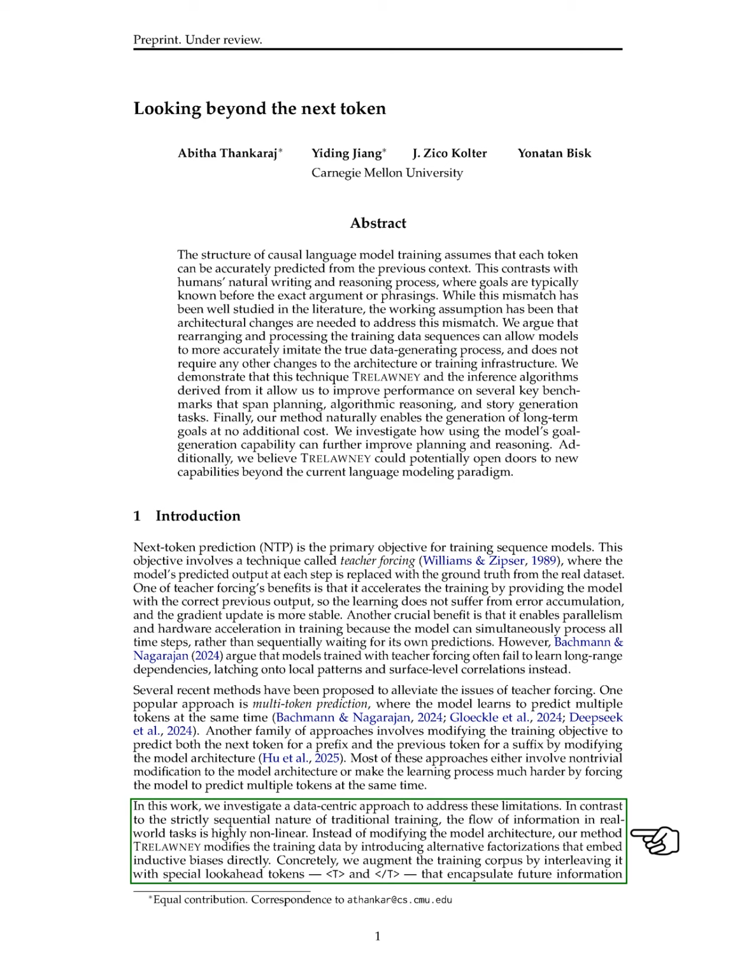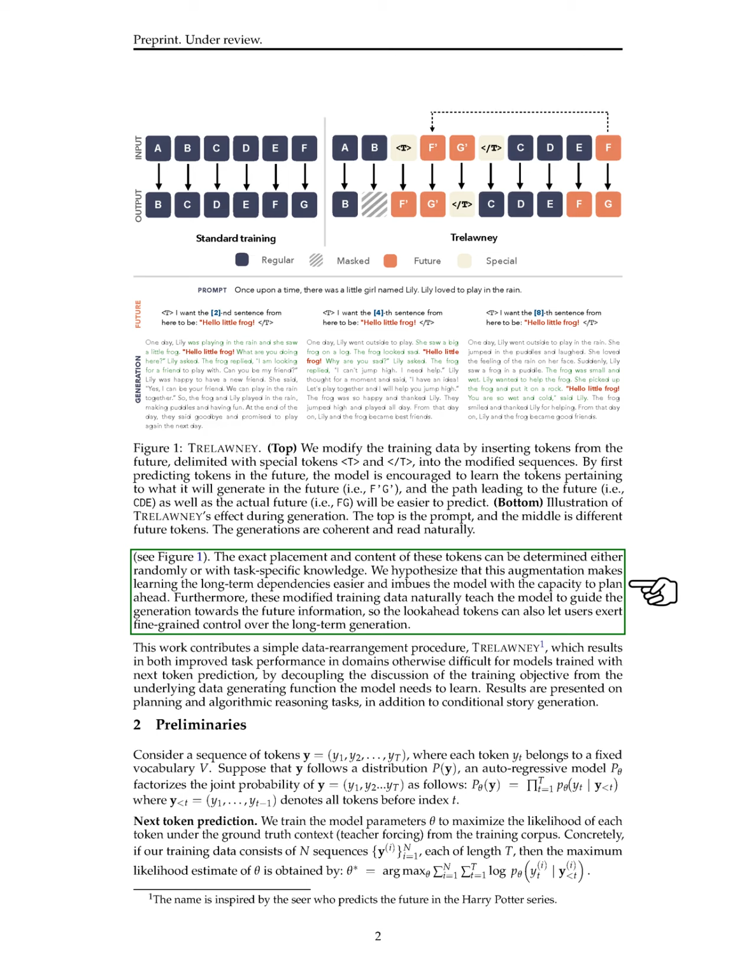Instead of changing the model architecture, we modify the training data by introducing special tokens that provide future information. Specifically, we enhance the training set by adding look-ahead tokens that help the model learn long-term dependencies and plan ahead. The placement of these tokens can be random or based on specific task knowledge. We believe this method not only simplifies the learning of long-term dependencies but also allows users to control the generation